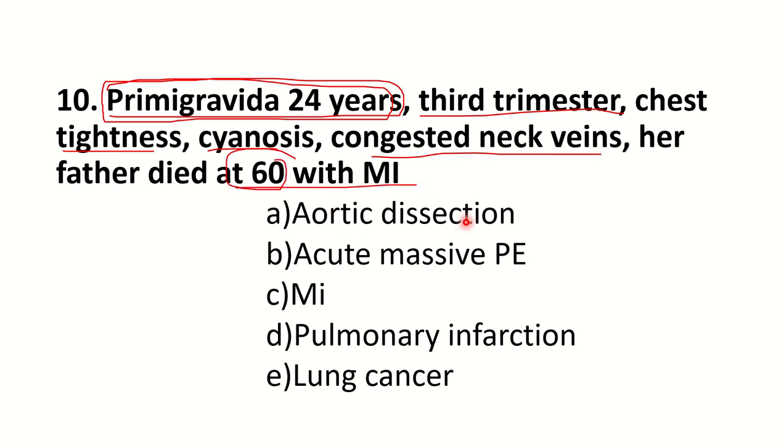The options here are aortic dissection, acute or massive pulmonary embolism, myocardial infarction, pulmonary infarction, and lung cancer. So we have to find out one of the options. Here we can see pulmonary infarction and lung cancer. Usually in a 24 years old, it is not typical. In myocardial infarction, chest tightness, cyanosis, and congested neck veins are usually absent, and in younger patients it is usually not present. The other options are aortic dissection and pulmonary embolism. So these two options are important, but aortic dissection also occurs in the later stage after the development of